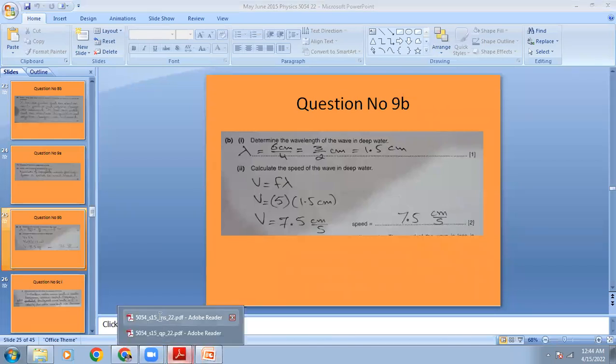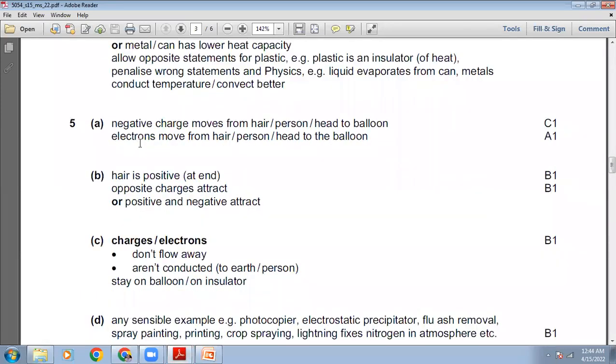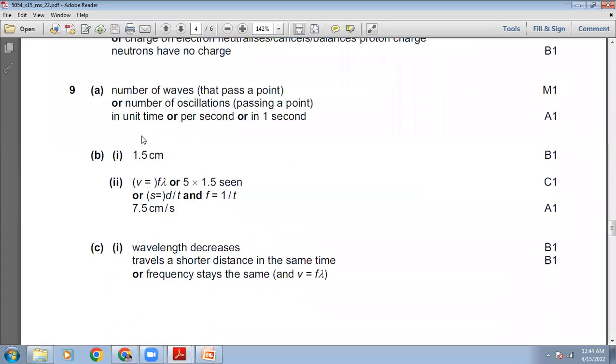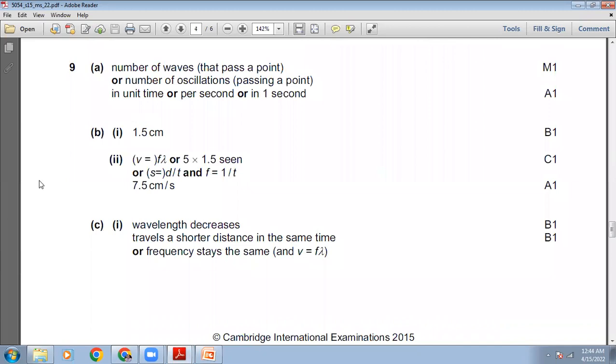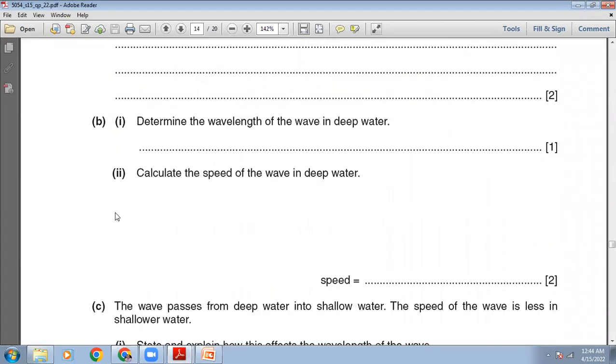So let's check the answer. Okay, so this is the marking scheme. We are going to question number 9. Sorry for this. Okay, so you can see 7.5, 1.5 centimeters, and the definition of the wave. So we are done with question number 9, A and B part. Okay, then